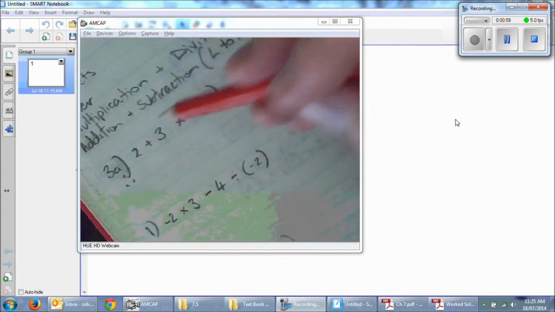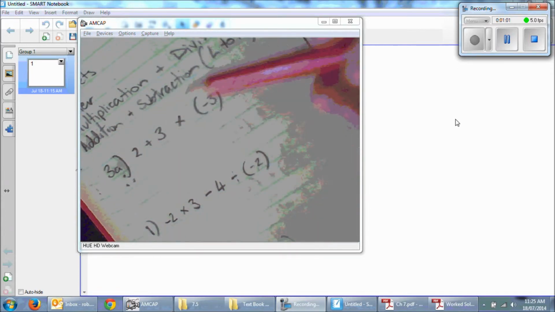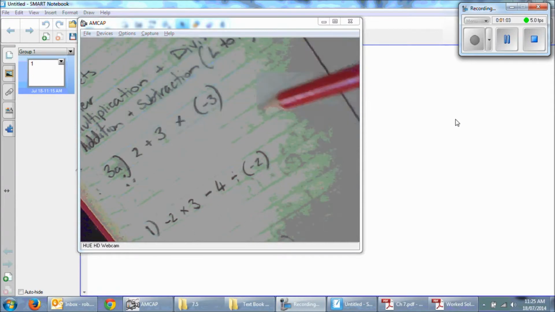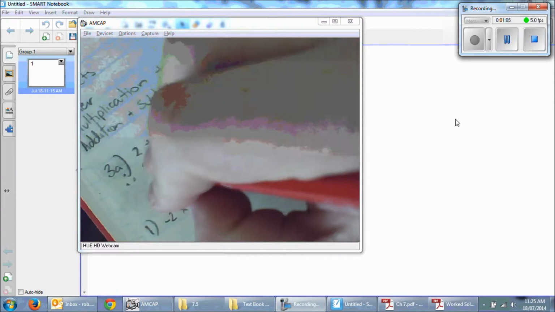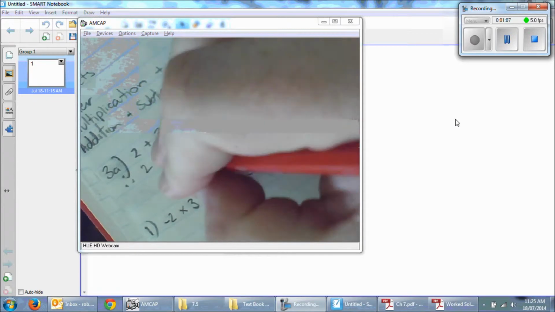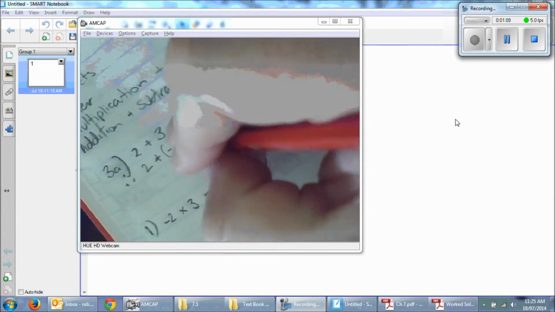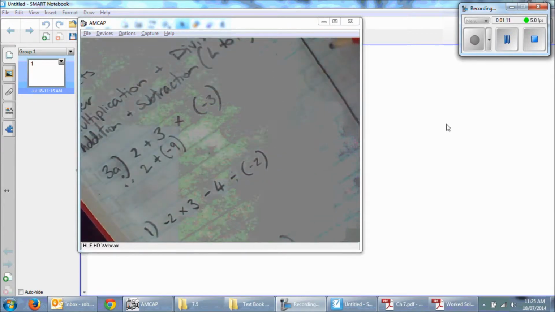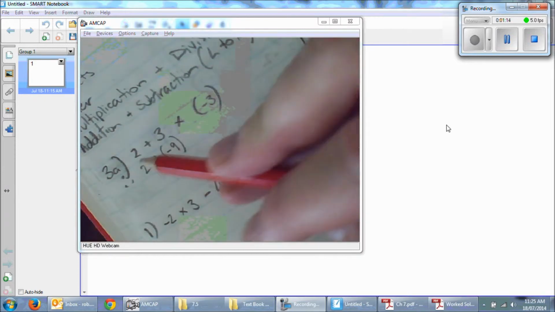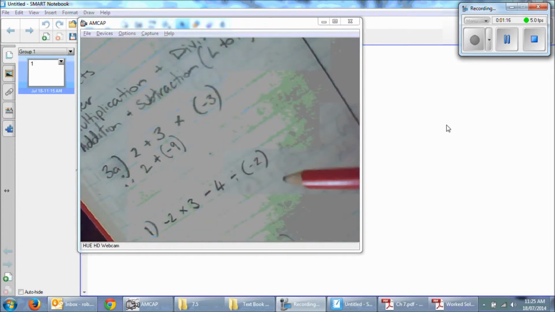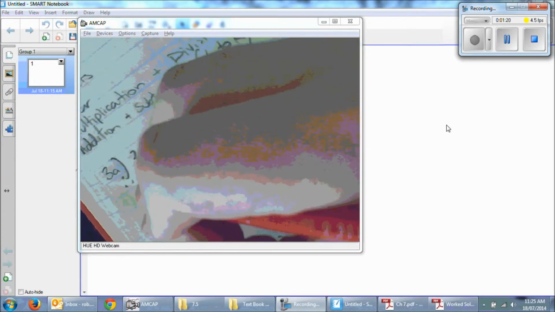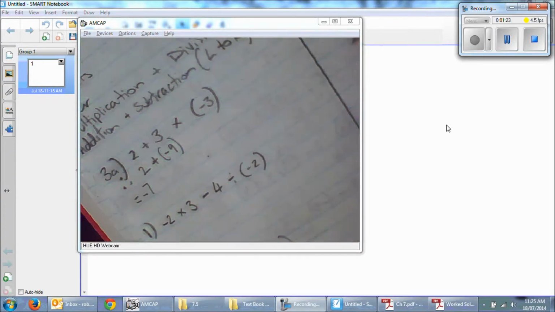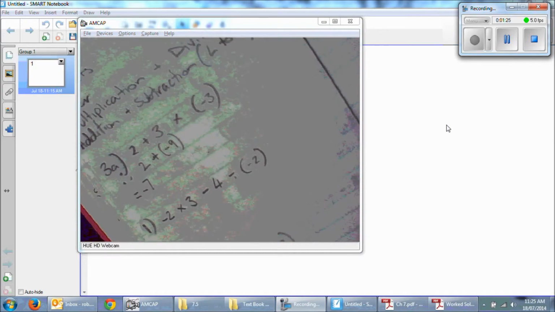However, one's a positive, one's a negative. All right, so we need 2, 3 times 3 is 9. It becomes 2 plus negative 9. Okay, so in this instance we have $2 and then we add $9 of debt, so we end up having negative $7 as our answer. Okay,